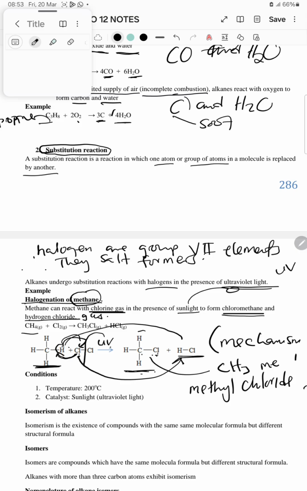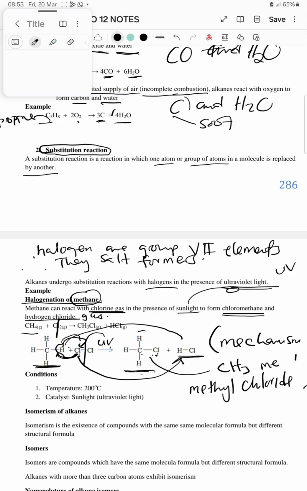It is also called methyl chloride. So now we are saying that this chlorine here is going to be split into two. Remember that chlorine is a diatomic, so it will be split into two. Then one of the chlorine will go and substitute the hydrogen, and the hydrogen is going to go where the chlorine that substituted it was, and it's going to form